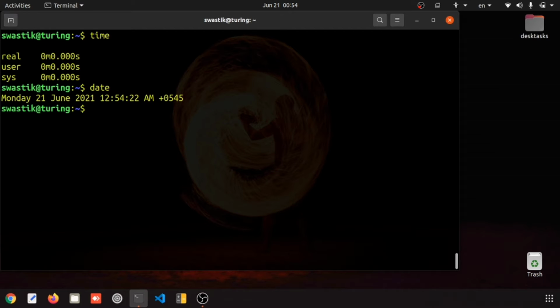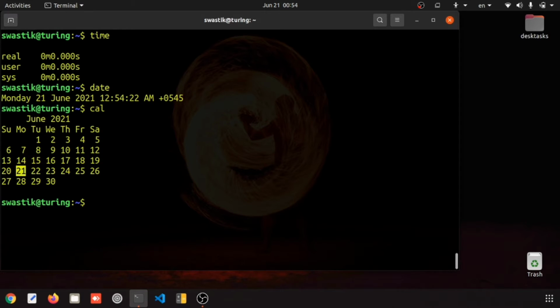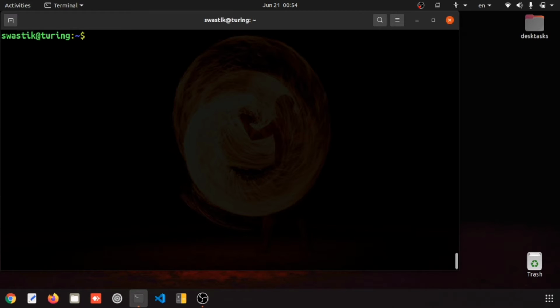If you press date, it will show you the exact date your system is having. You can also press the cal command, which outputs the calendar and shows today's date. You can clear the screen with Ctrl L.